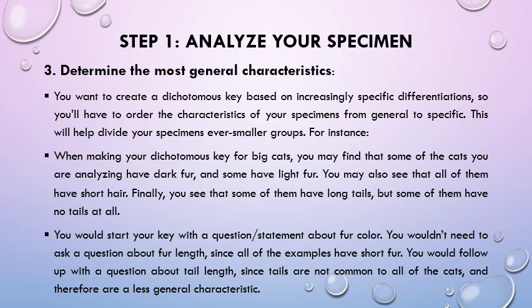So simply first of all list all the general characters which you can see in the organism, and first of all make your key by using the general characteristics. By using general characteristics you can easily eliminate the undesired organisms, and you will be led to the specific one which we want to identify.